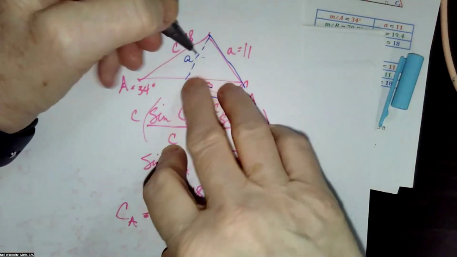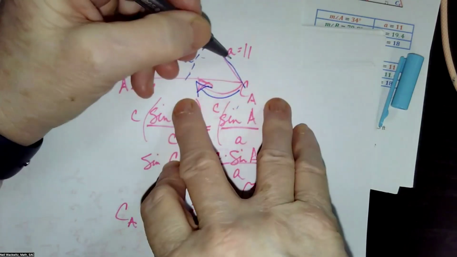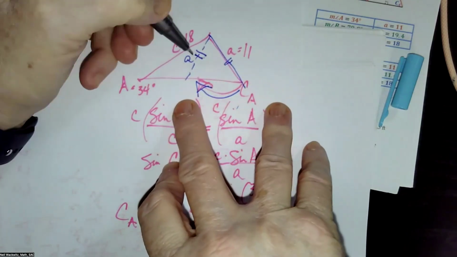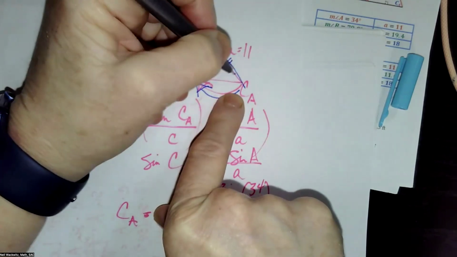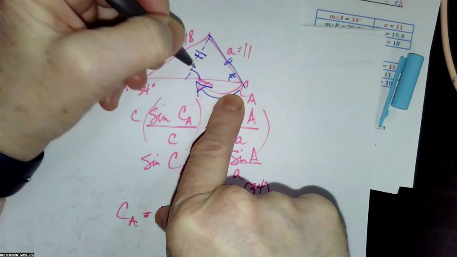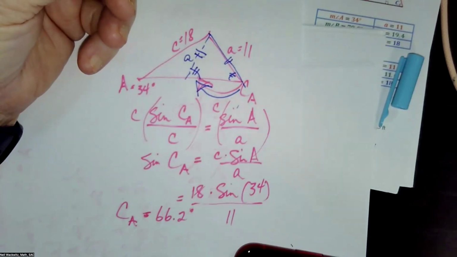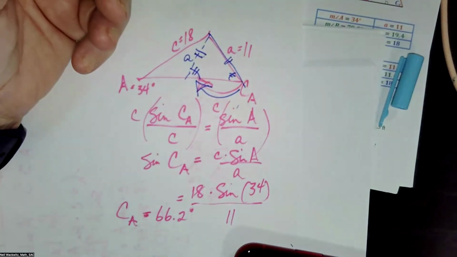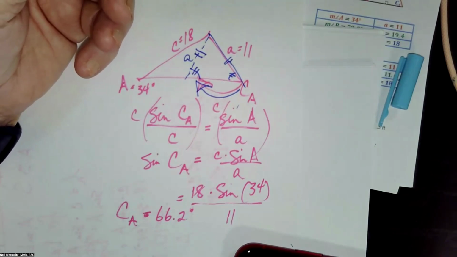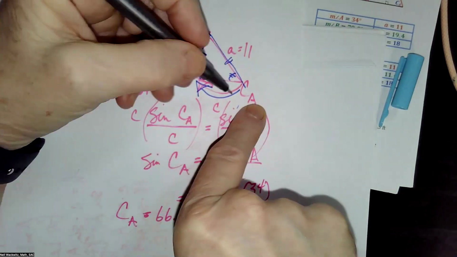So let's see, these two sides are the same. That means that the two angles at the base are the same. Is that a nice isosceles triangle? Yeah. Okay, good. So that means that